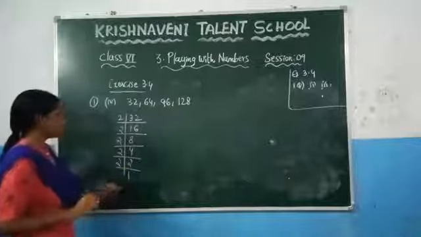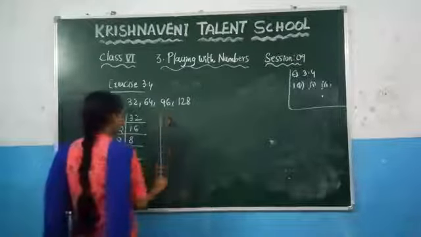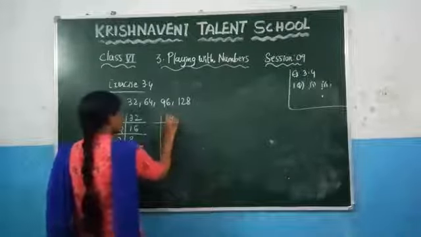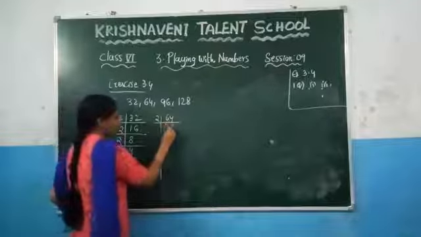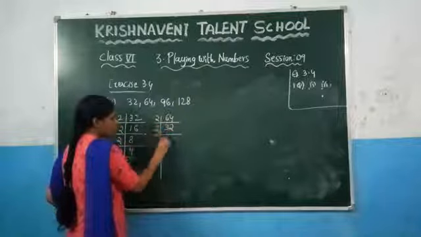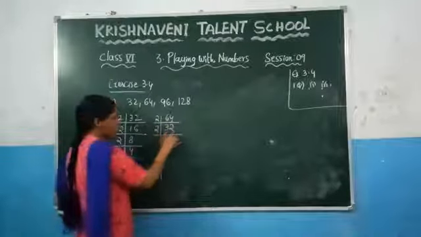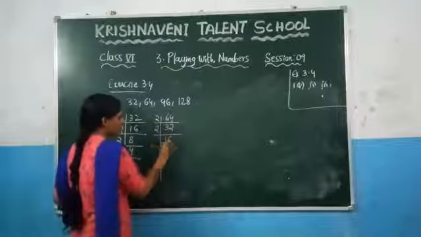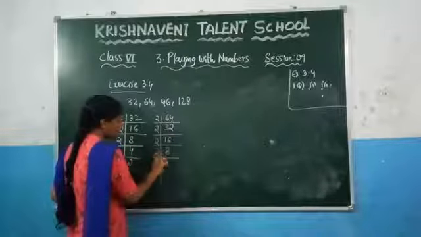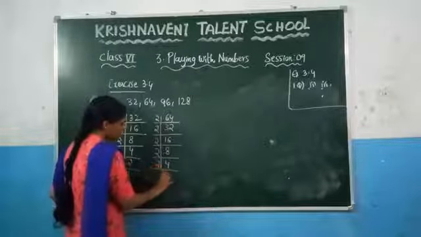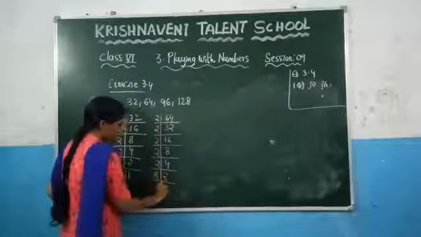Now consider 64. How do you write this 64? 2 3s are 6, 2 2s are 4, and similarly 2 1s are 2, and 1 will be left out. 2 6s are 12, and after that 2 8s are 16, 2 4s are 8, 2 2s are 4, 2 1s are 2.